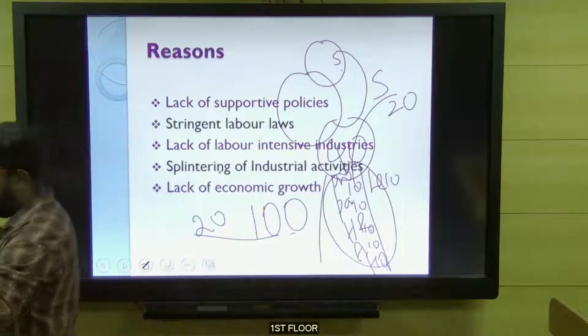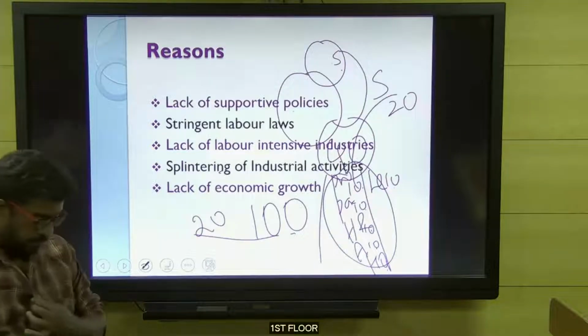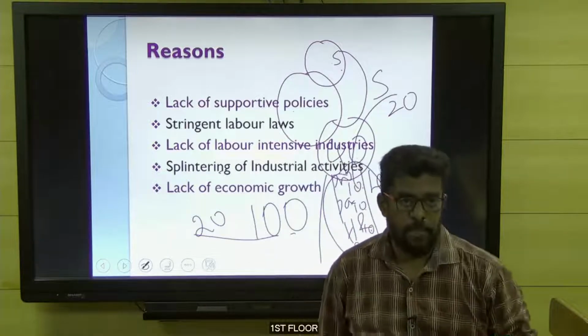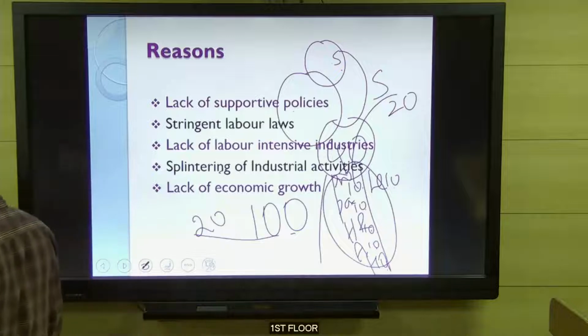Now we can write. How to write? Splintering of industrial activities. The jobs which were once part of manufacturing